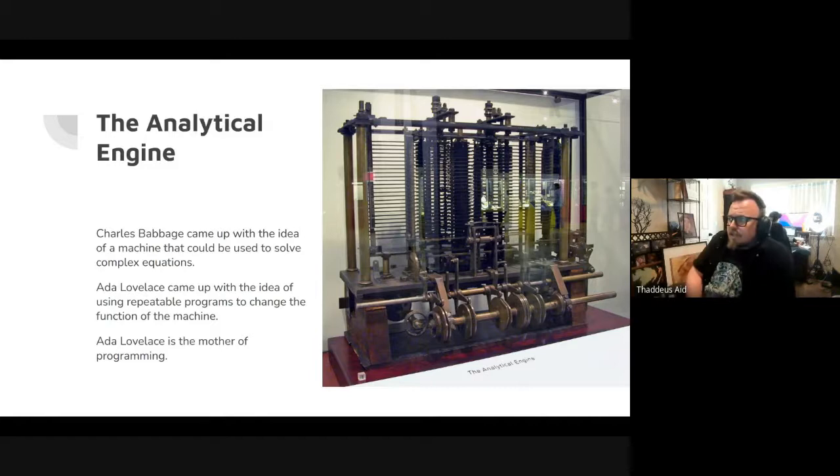The analytical engine. So this was the second step of Babbage's design. The difference engine was a much more simple machine, even though it had a lot more parts and it was much harder to build. Babbage came up with the idea of a machine that could be used to solve complex equations. Right, big thing. I think this one was supposed to be steam driven, but now we get to meet Ada